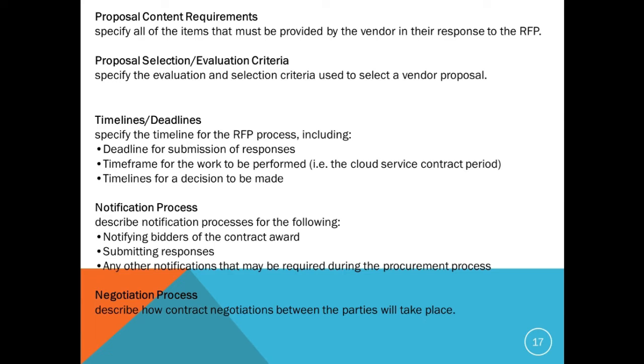Then the proposal selection evaluation criteria you need to mention. So what is the criteria of evaluation? This section specifies the evaluation and selection criteria which is used to select the vendor, meaning all the proposals. So this may include